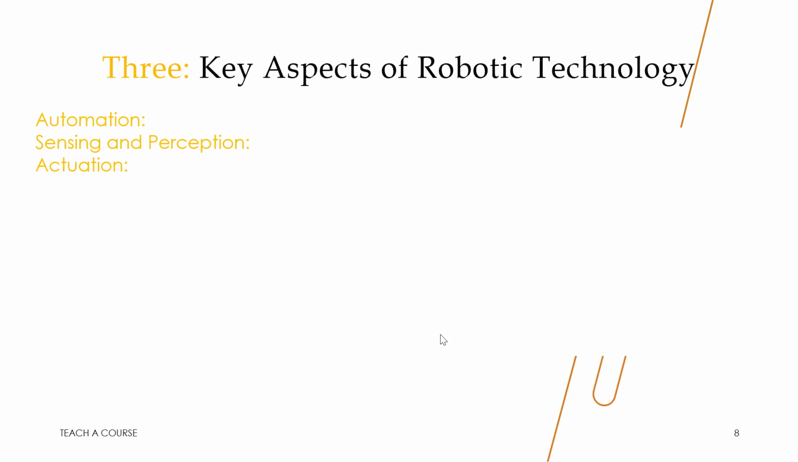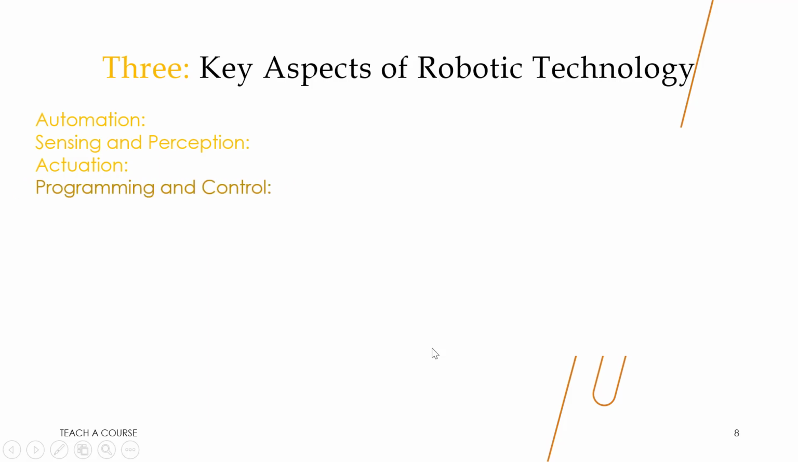The next one is actuation. Mechanical components like motors and actuators empower robots to move and manipulate objects in their surroundings. Actuation is the physical interaction that enables robots to carry out tasks,